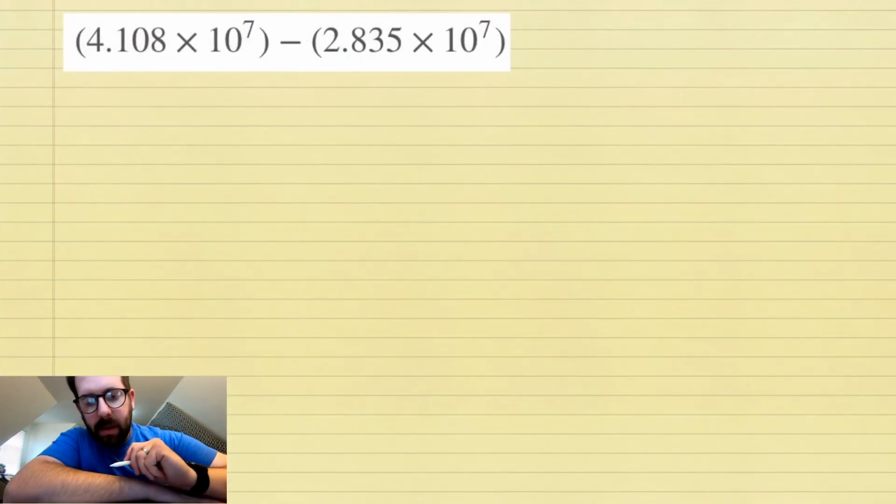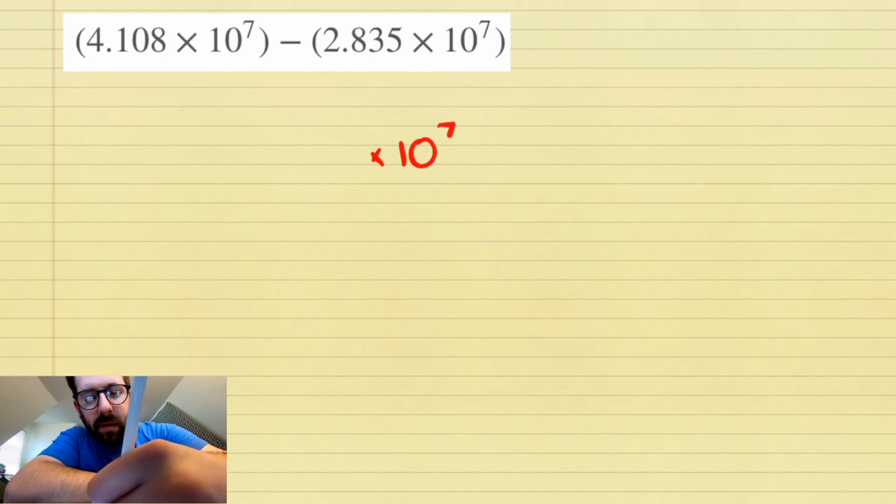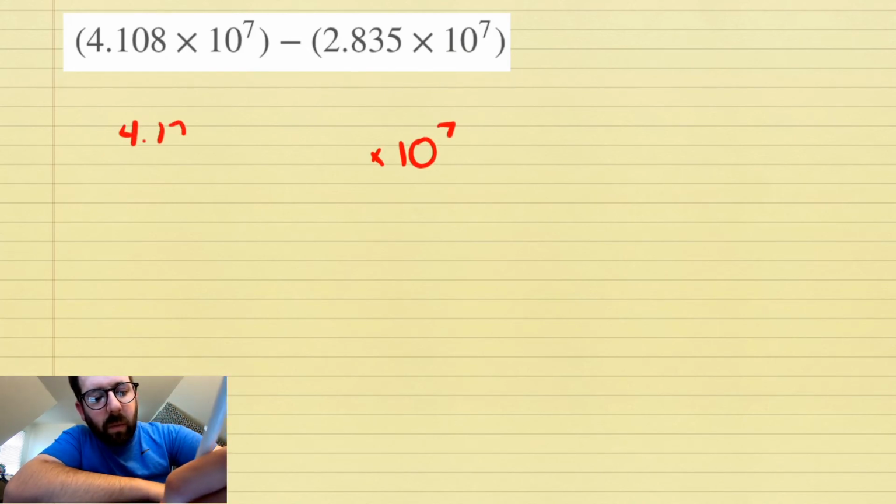And last problem, we're subtracting. Now the good news is, they have the same powers of 10, so we know my answer will be times 10 to the 7th. But now we're taking 4.108, and we're going to subtract